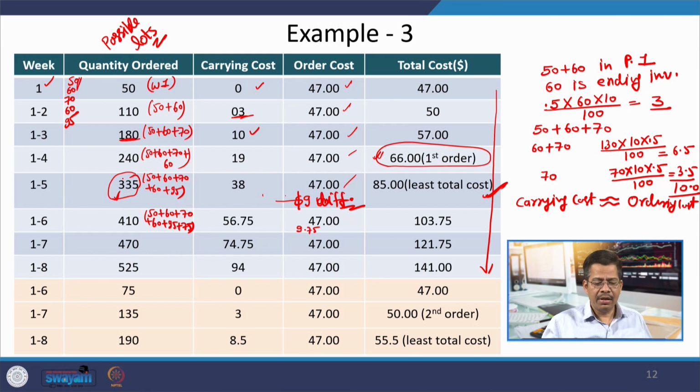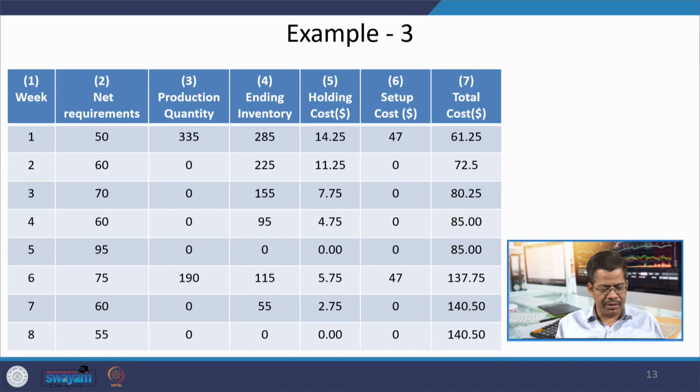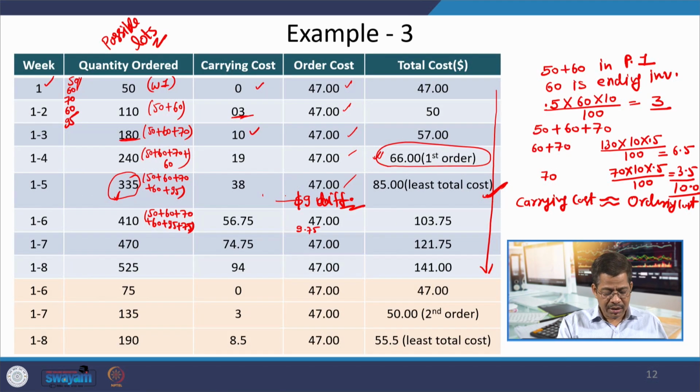So, we get this order quantity for our week number 1. After this, in this table, which is a clean table, initially I will place the order of 335, and in this way I have developed the calculations for my inventory. Now, in the second round, we need to see this calculation again, that the inventory is fulfilling the requirement up to period number 5. Again you start to work out what should be your order quantity for different combinations.